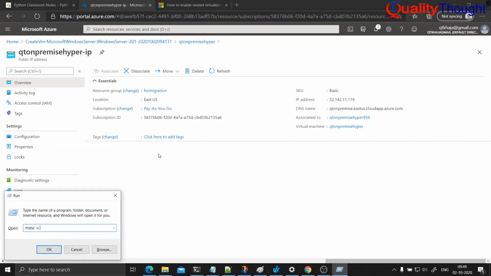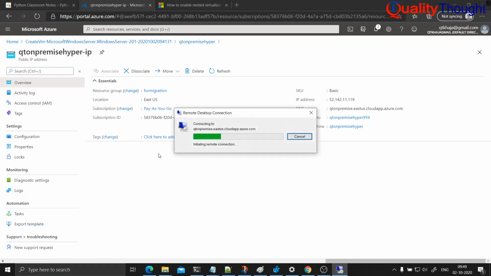mstsc and give this. It would take some time for the machine to be up, so there might be a failure in this remote desktop connection also.